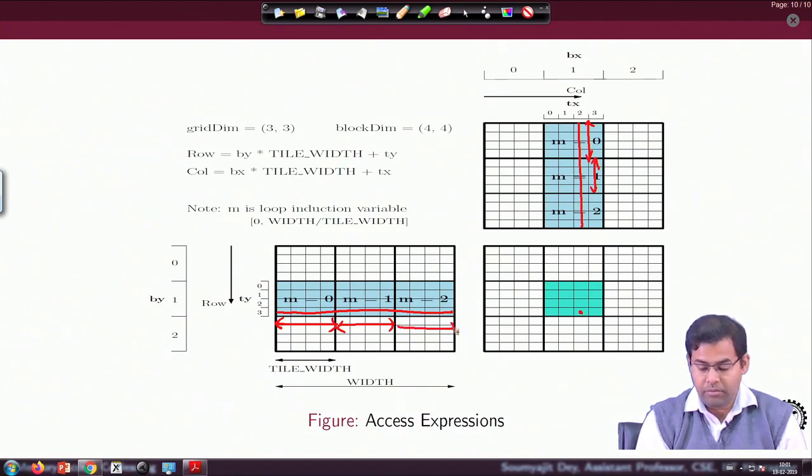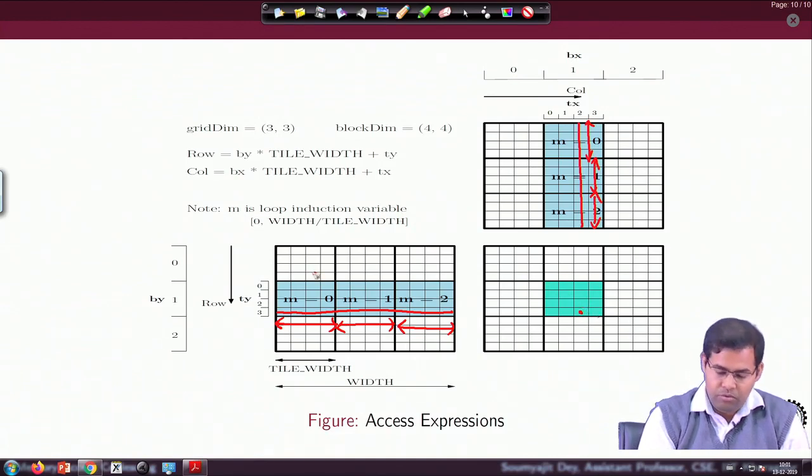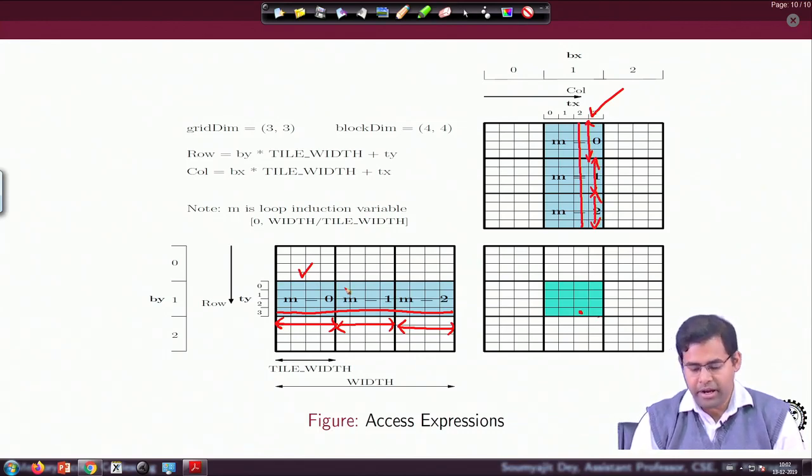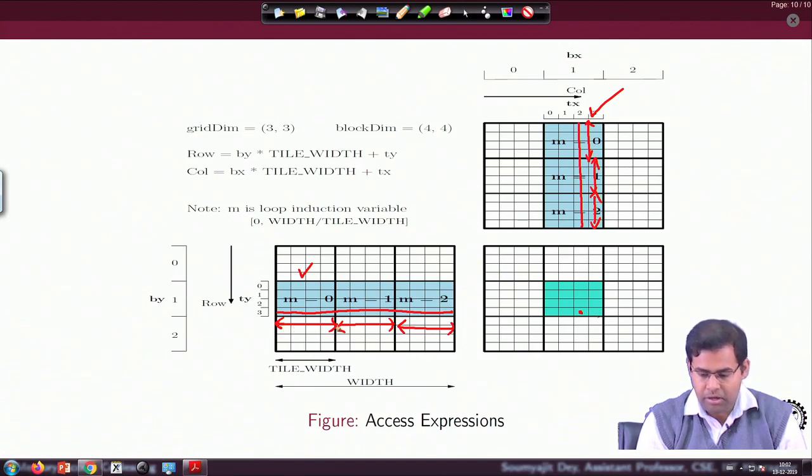In the last part of the computation, I will do this and then the multiply add and get everything done together. So when the threads working collaboratively here bring in this tile and this tile into the shared memory, they will be doing their part of the multiply add operations for only these parts.